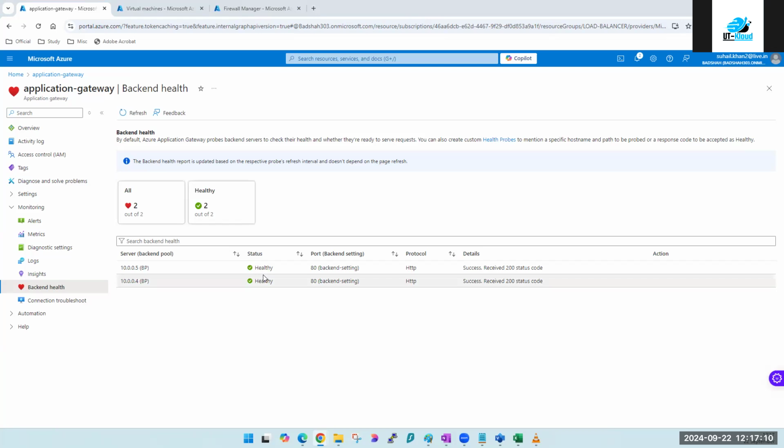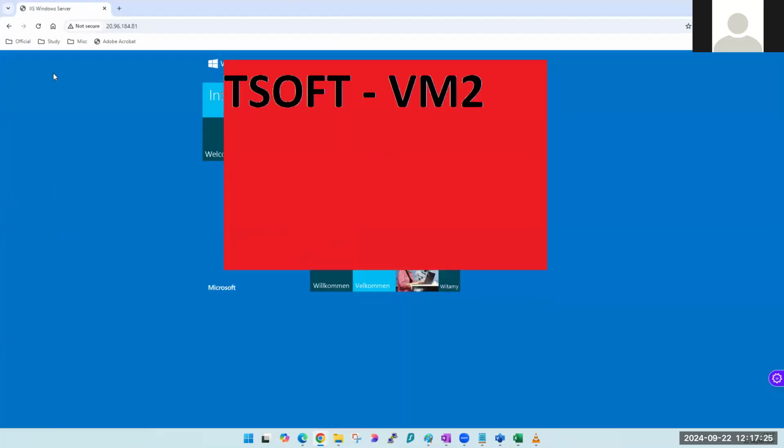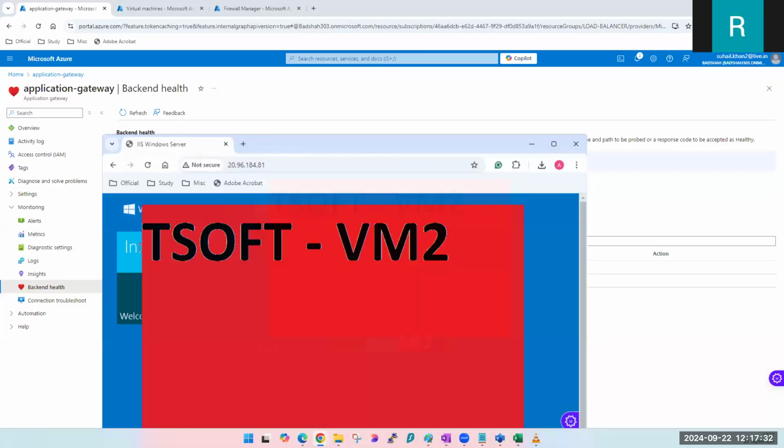It's already healthy. And now if we can go and access that website, guys, access this IP address and let me know what website you see. I am going ahead to VM2. Anyone sees VM1? Look at this. I can see VM2 showing. For everyone showing VM2? I can see VM1. Let's see. See? So this is how it is